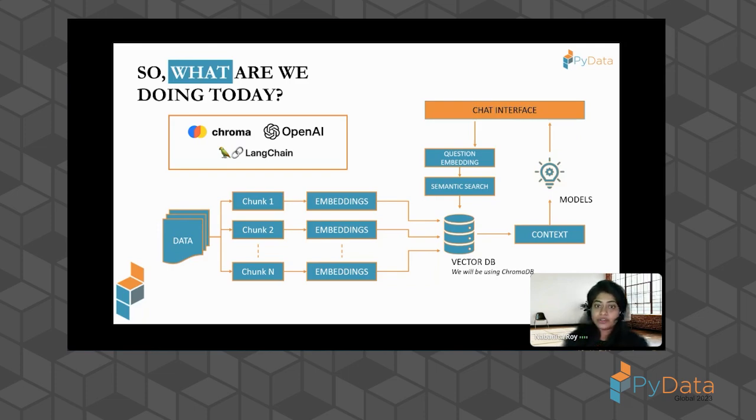For the chat interface, I've used Streamlit today. You can also use Gradio. It's also been very popular this year for chat interfaces. I find Streamlit a bit better, and I've been developing on Streamlit for a while, so I thought it's easier for me than learning Gradio. So yeah, are there any questions so far? If not, I'll go straight